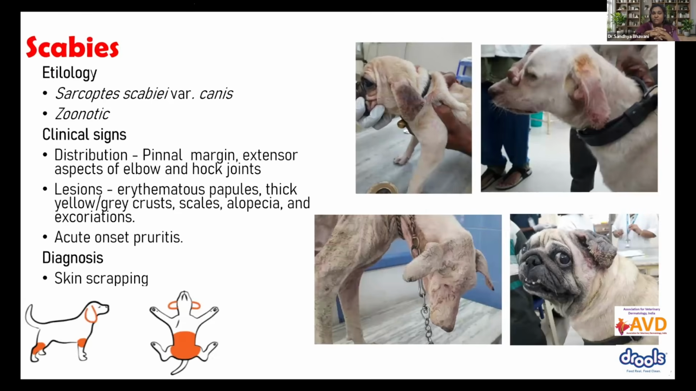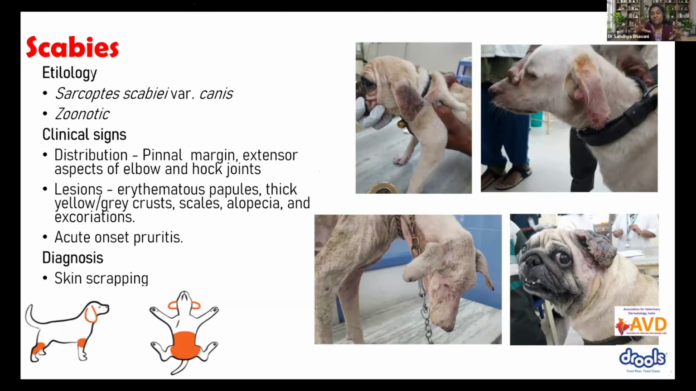The next one is scabies. Scabies is because of Sarcoptes scabiei, and it is zoonotic. So even the owner can contract the disease from the animal. So we should handle it with care. The distribution of this disease is mainly the ear pinna. The ear margins will have crusty lesions. Yellowish to gray crusty lesions will be present on the ear margins, and then the elbow region and hock joint, and